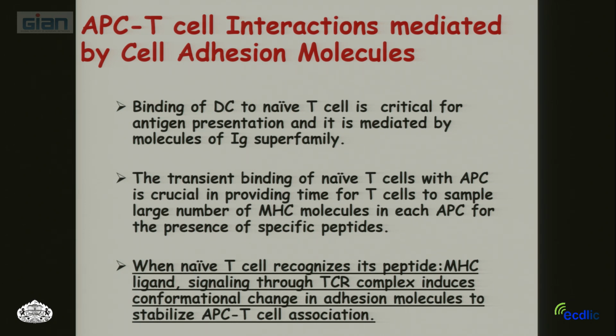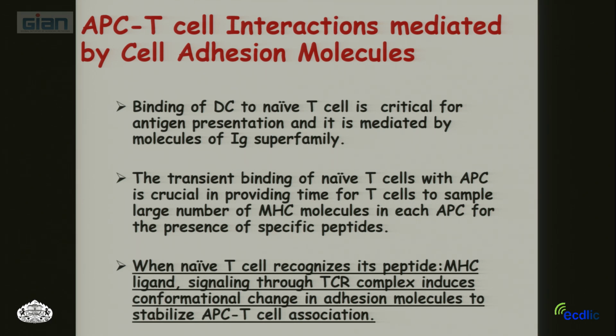During these antigen presenting cell and T cell interactions, one important set of molecules is called cell adhesion molecules. These two cells have to come together, and that is mediated through a specific type of cell adhesion molecules, and most of them come from the immunoglobulin superfamily members, your LFA1 and other selectins. There is a transient binding of these naive T cells with antigen presenting cells, and that basically brings those complexes